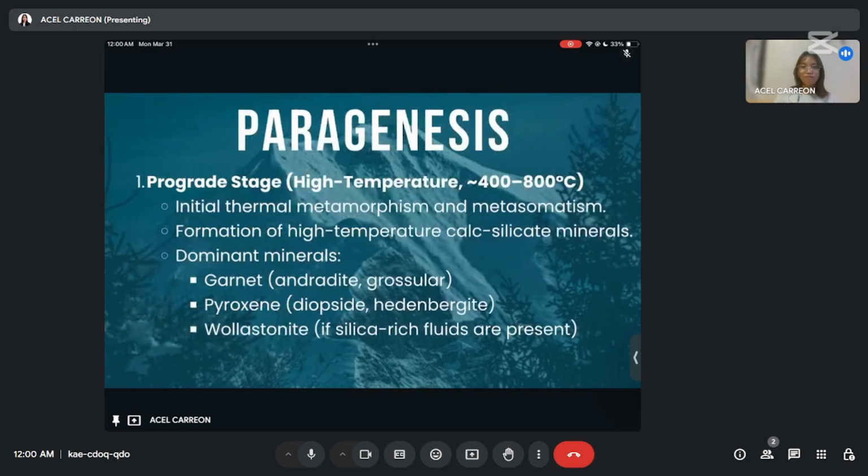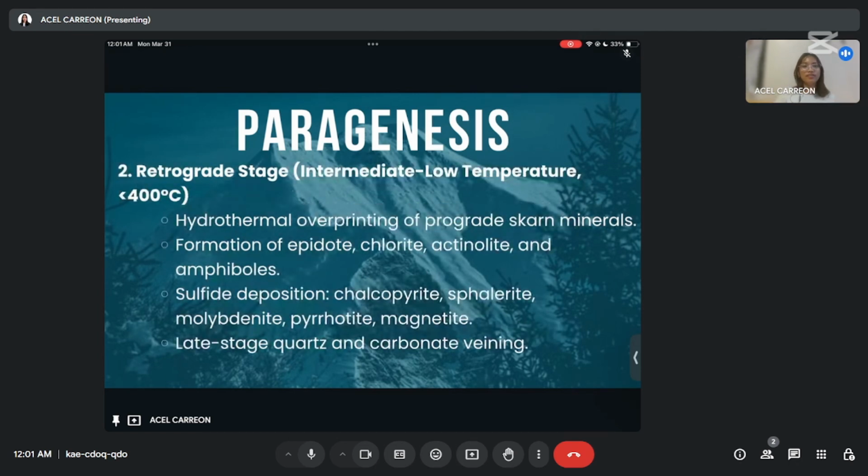The stages of pyrogenesis is the prograde stage and the retrograde stage. The prograde stage occurs at high temperature at approximately 400 to 800 degrees Celsius, where initial thermal metamorphism and metasomatism occur. It is where the formation of high temperature calcium-rich silicate minerals occur and the crystallization of dominant minerals like garnet, pyroxene, and wollastonite. The next stage, or the last stage of pyrogenesis in skarn deposit is the retrograde stage